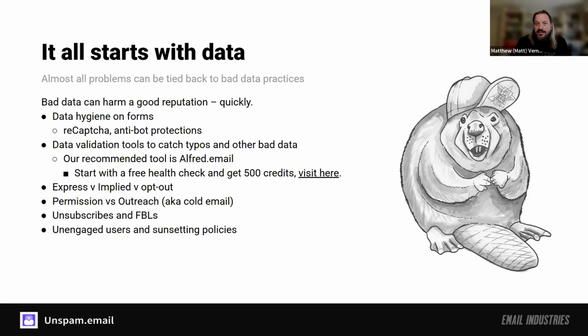The type of consent that you use matters: implied versus express consent, versus even an opt-out consent. So if you are looking at how people are getting onto your list and you can track them separately, this becomes really important. As a Canadian myself, our anti-spam law has two definitions of consent, implied or express. There is no opt-out consent in Canada.